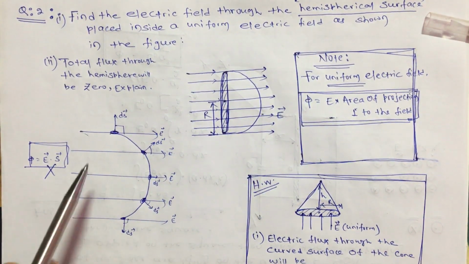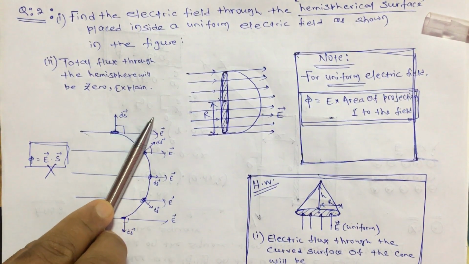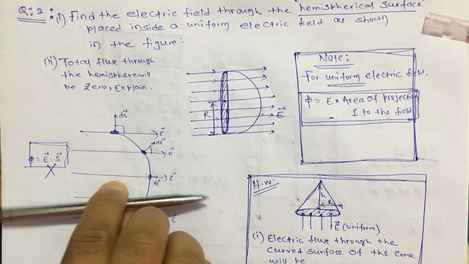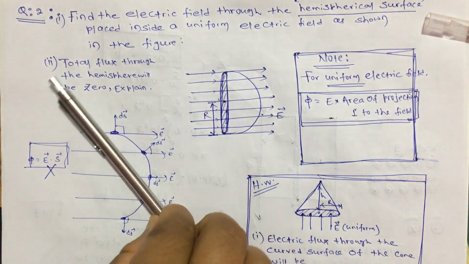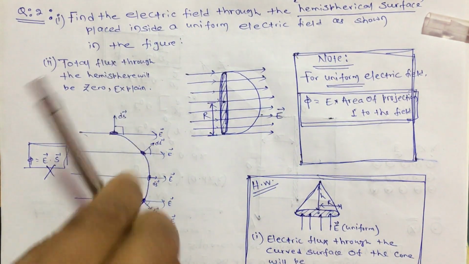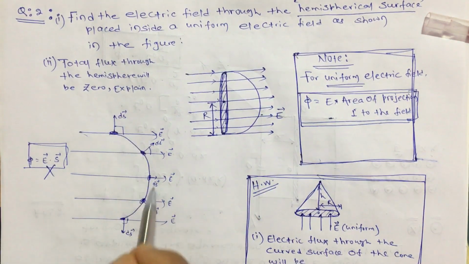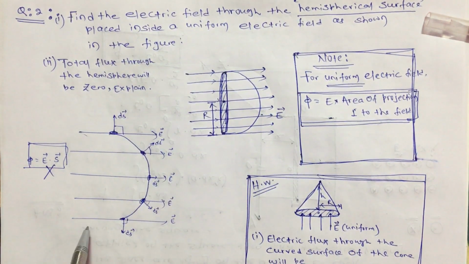Here, it is again 90. So from 90 degrees, it is gradually decreasing and becoming 0. Then again, it is increasing and becoming 90 degrees. So from plus 90 to minus 90, every angle is possible here. So which angle will you take here? Okay.